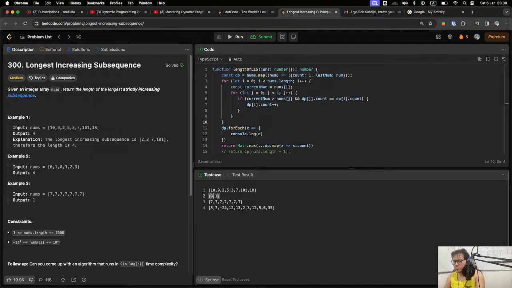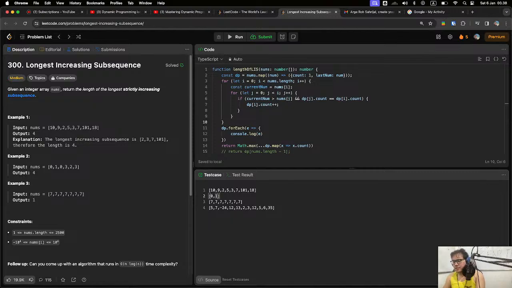You check each index, you check their longest subsequence in each index, and if the current number is bigger than the number in the previous index, and also, well, I'm reading my algorithm while explaining, which I shouldn't be doing, but I really forget how I came up with this.